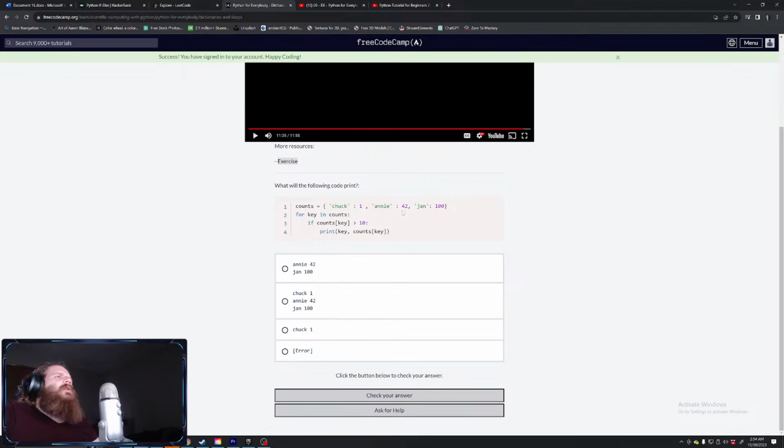What will the following code print? Counts: Chuck 1, Annie 42. For key in counts, if counts key is greater than 10. Ew. Man, this crud right here, bro. If counts